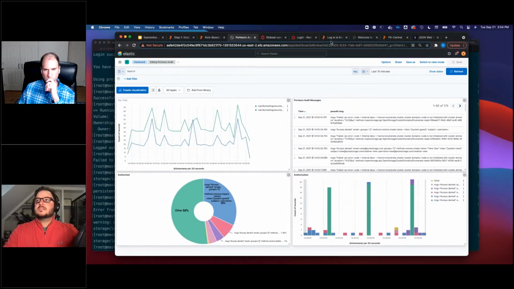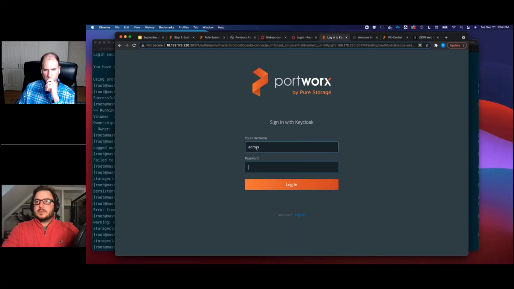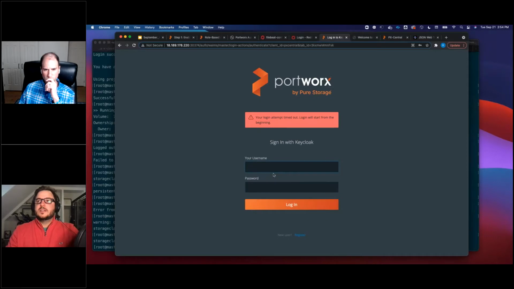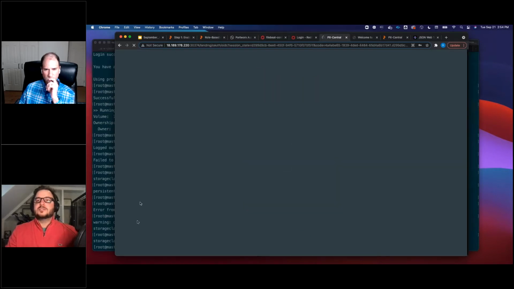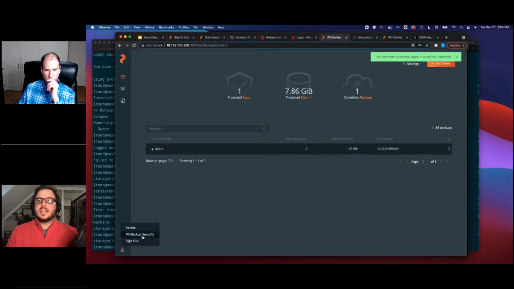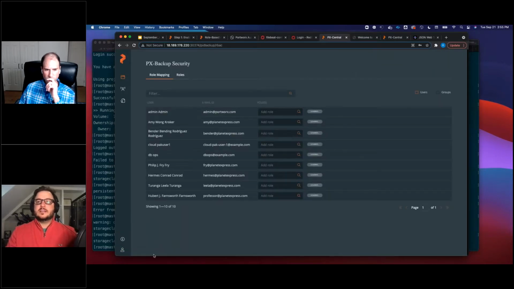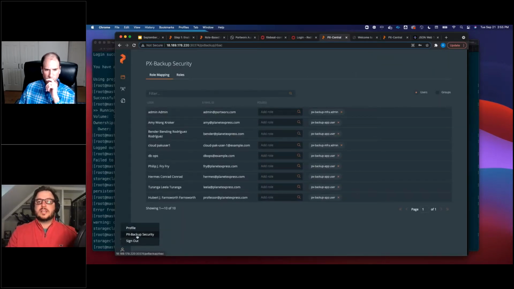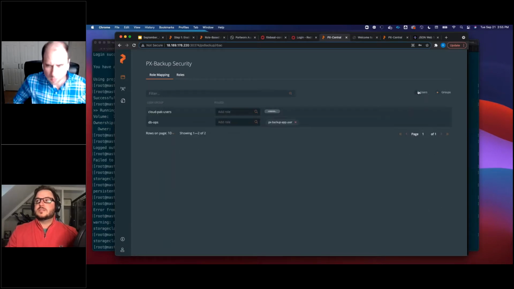And this expands even into PX Backup here. This is a PX Backup installation, and wrong password. PX Backup also now ships with its own security model. So what you can do, when you've logged in as an admin, is go into the PX Backup security interface here, and you can map users and roles and manage groups